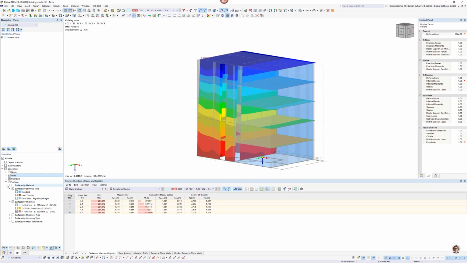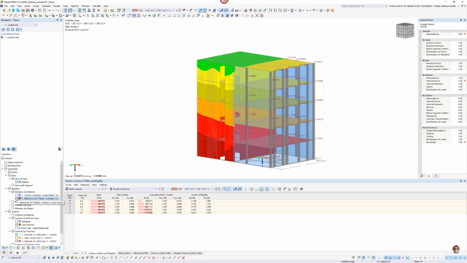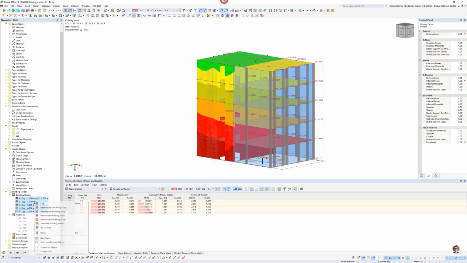Why is it not doing this? So here, this one's, and nodes also. Okay, so you see now the deformation, and now I'm changing